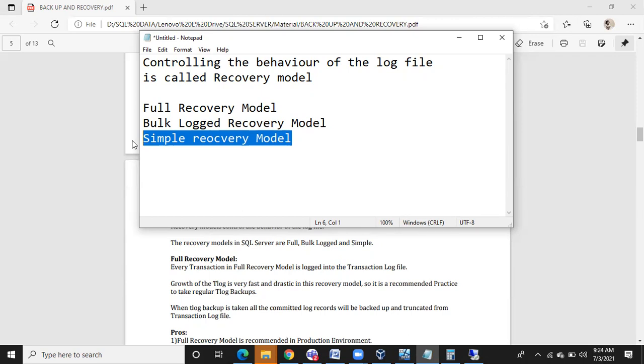Like this, we can change the behavior of the log file. In the full recovery model, as discussed, it tracks all 108 attributes completely, and the log file won't be truncated automatically.